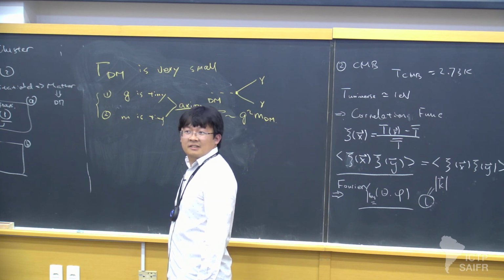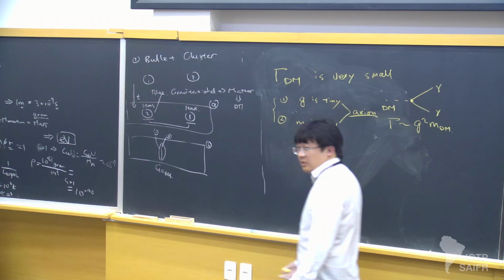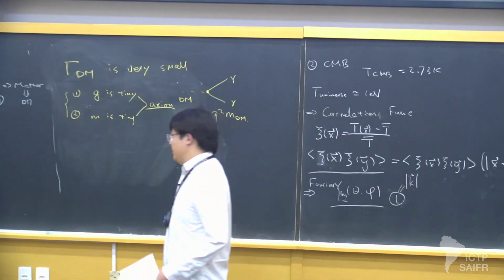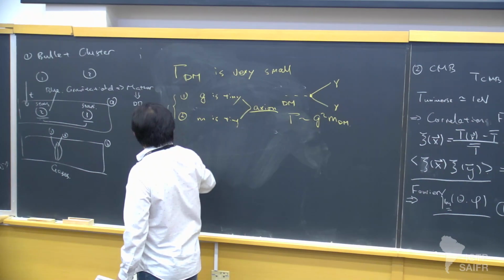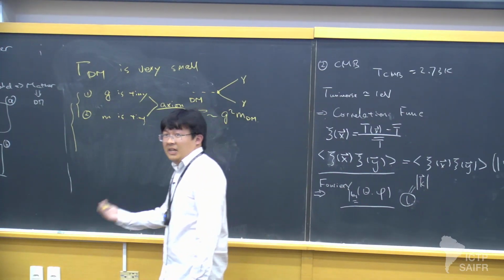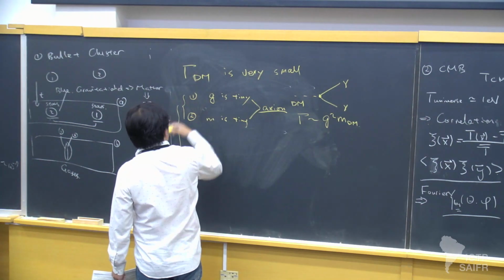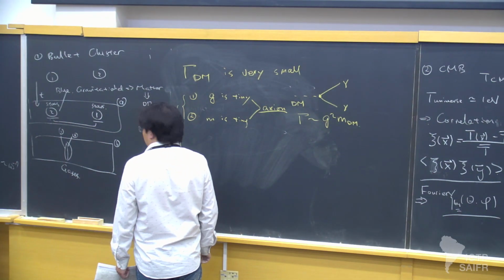Anyone? It's charged, okay? So it is charged under some symmetry which is conserved, right? You cannot create an electric charge, and also you cannot create things like a baryon number, which is why the proton is stable, right? So the second way I can have a dark matter which doesn't decay is by symmetry,